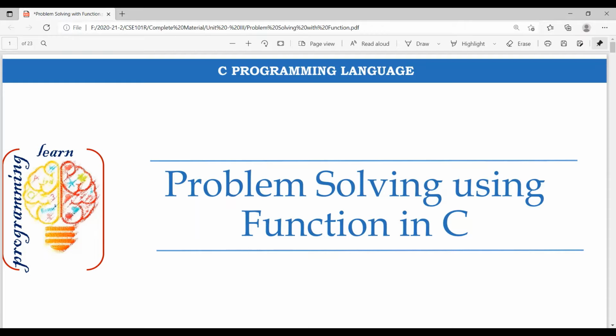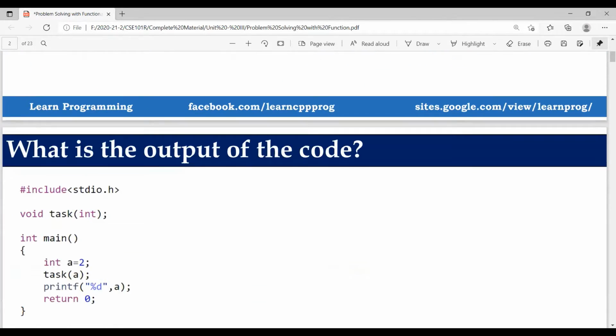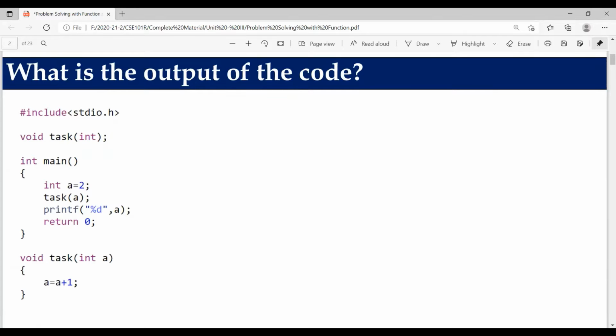So let's start our first problem. Let's identify the output of this code. Then we'll understand a couple of points while discussing a particular topic related to C functions. To solve this kind of problem, my first suggestion to students is to always start the execution of the file from the main method itself. Don't look at the other parts. Just start with main, then we'll see the step-by-step process.